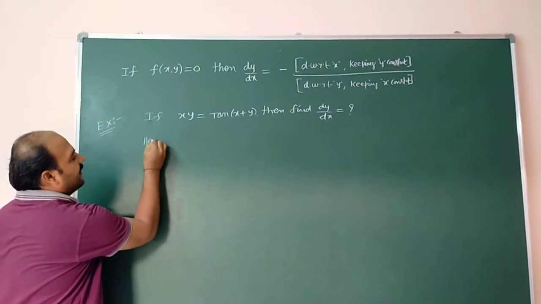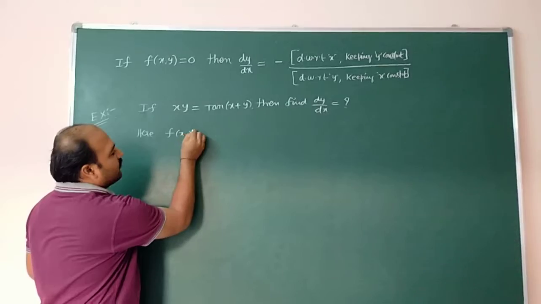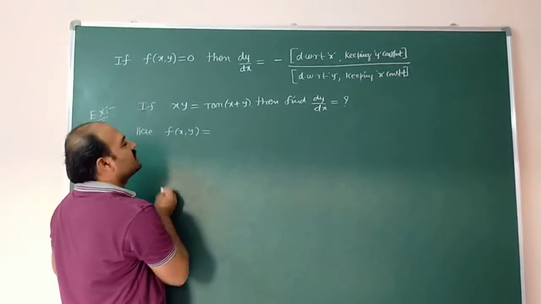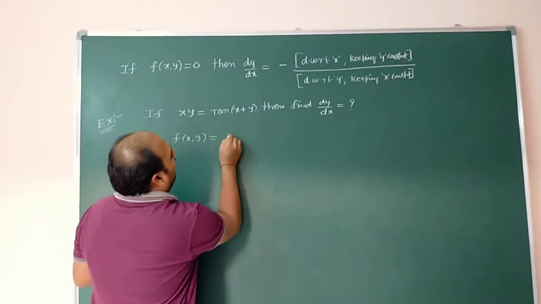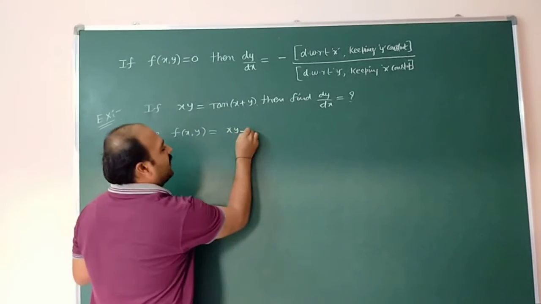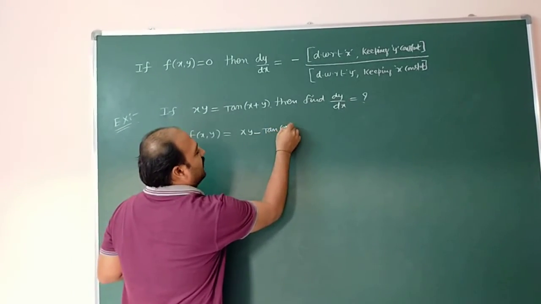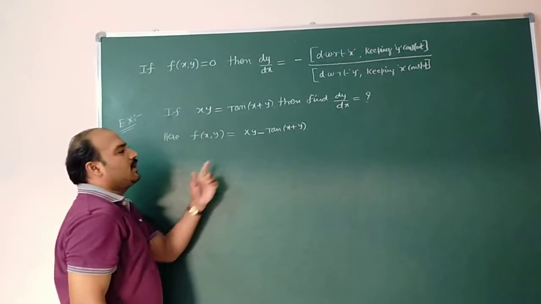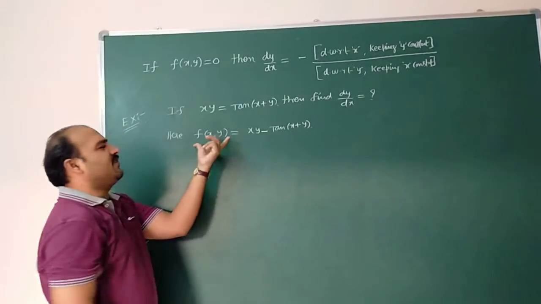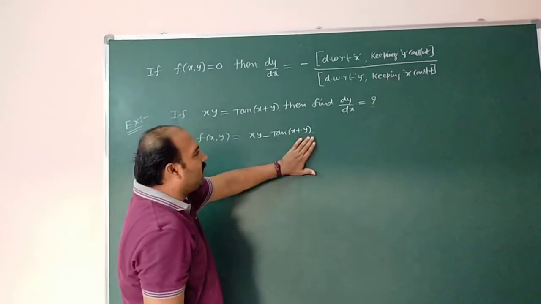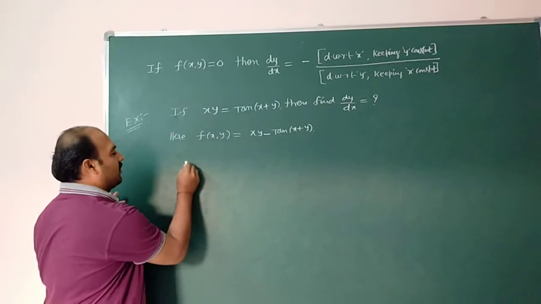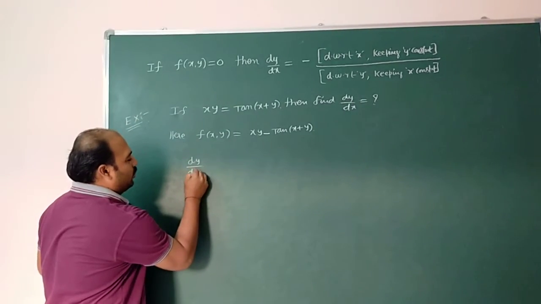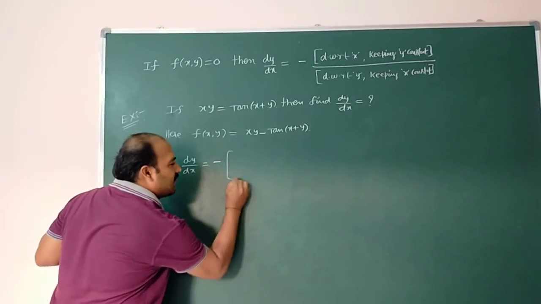Here f(x, y) is equal to xy, this we are taking this side, minus tan(x plus y). This is equal to 0, but we need only f(x, y). After that, write directly the differentiation formula, dy/dx equal to minus, keep bracket,